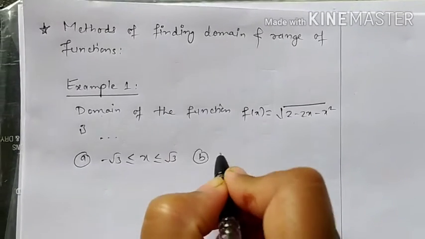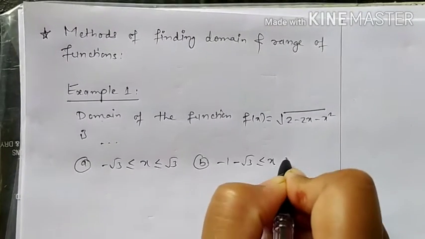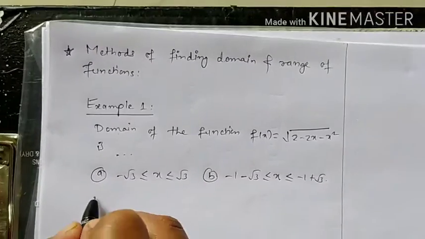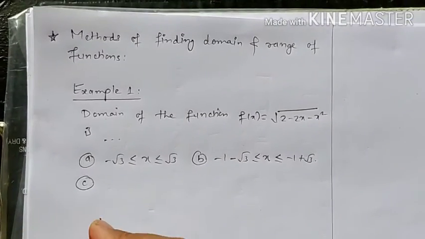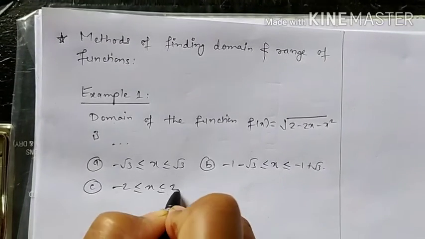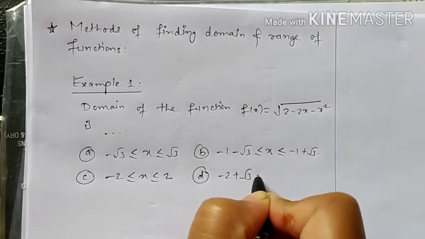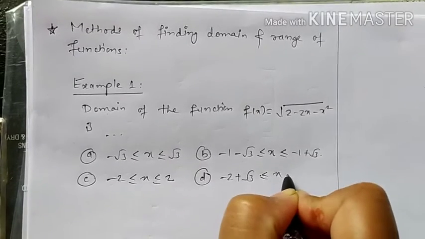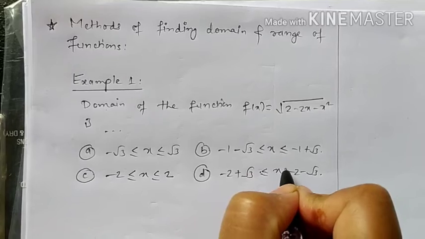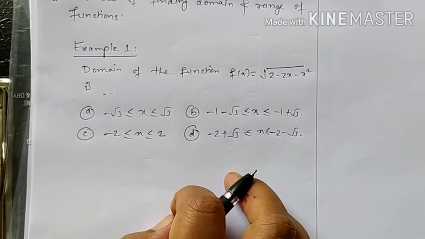Option B, minus 1 minus root 3 less equal to x less equal to minus 1 plus root 3. Option C, minus 2 less equal to x less equal to 2. The last option is minus 2 plus root 3 less equal to x less equal to 2 minus root 3. Okay, now student, we have seen that